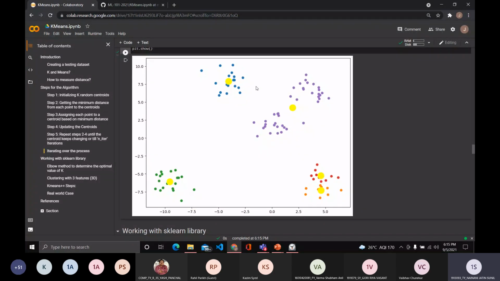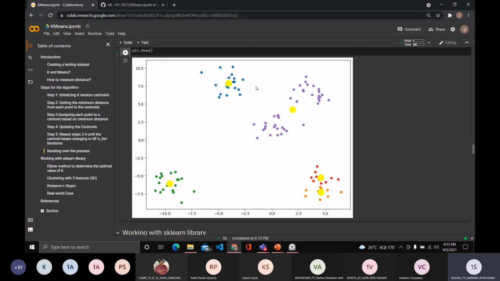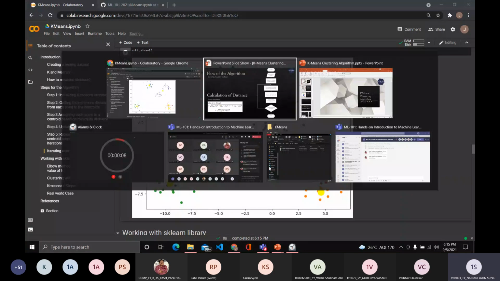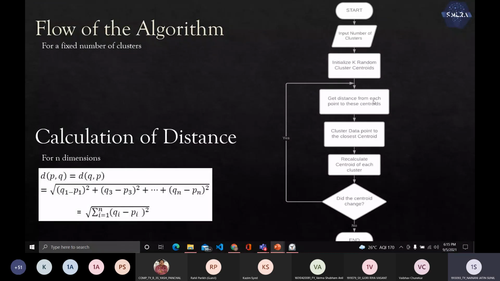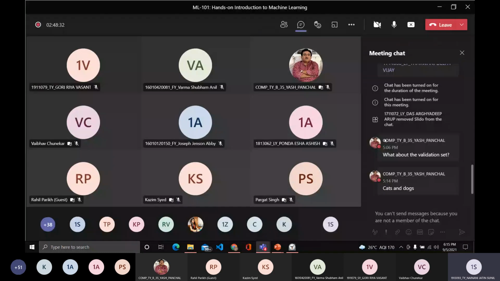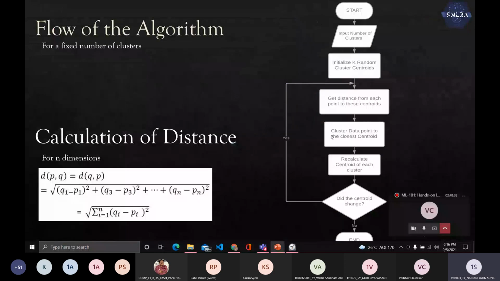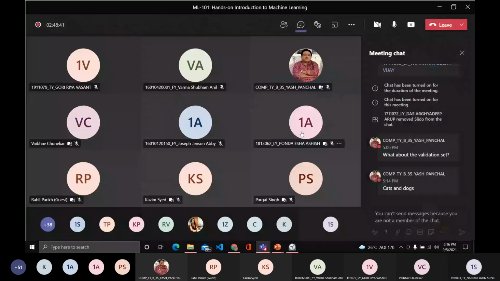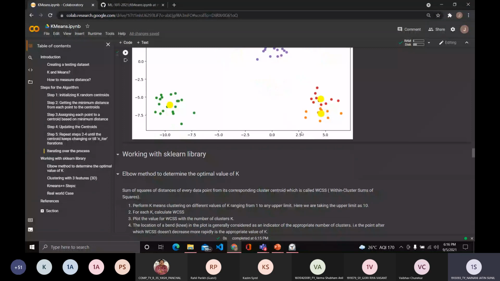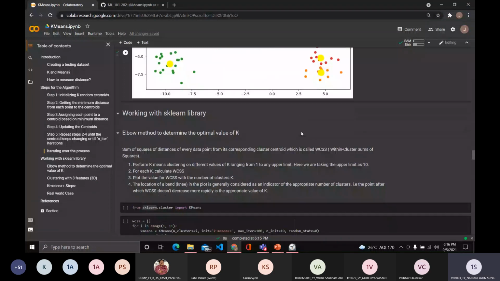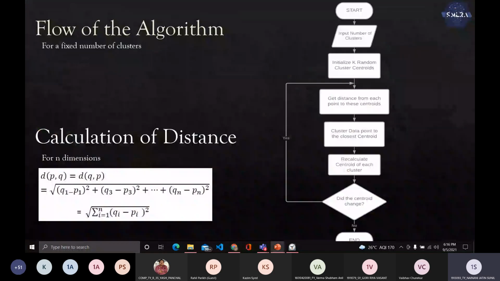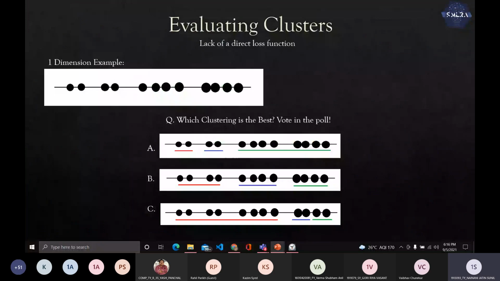But what I want to ask is, do you have any doubts in these first 5 steps? The flowchart is here for the algorithm. Does anyone have any doubts in these first 5 steps? I'll just check the chat also. Okay. So if anybody has any doubts, they can clear them right now. If not, then we can move on to the most important part of my presentation,